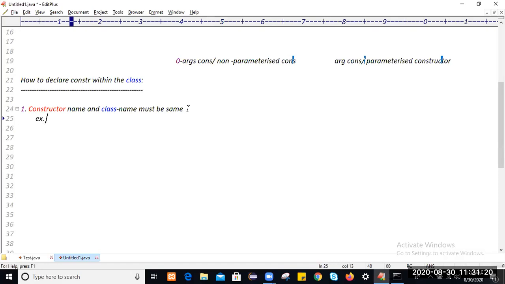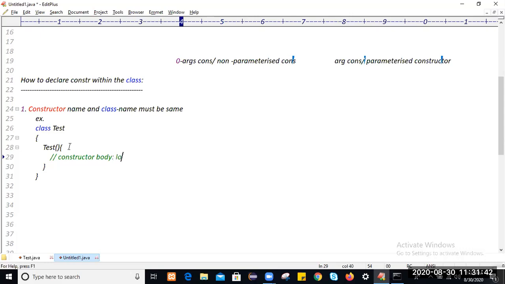For example, this is your class and the class name is Test. If you want to create a constructor within the class, always create it like this: class name and constructor name the same, with opening and closing braces. This is the constructor body.